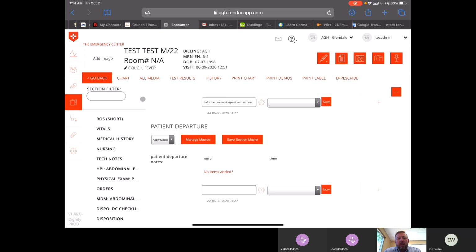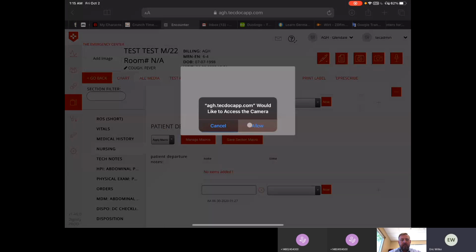We say PSC, you guys say PAR. It's basically the same function. But in this case, all of the PAR functions in TECdoc are actually going to be handled inside of Evident. So that'll be a little different. If you see some wording like that, you can just ignore it. And that's I think pretty much it. Well, and if you want to add an image of the patient,